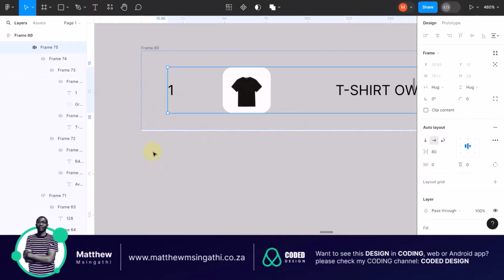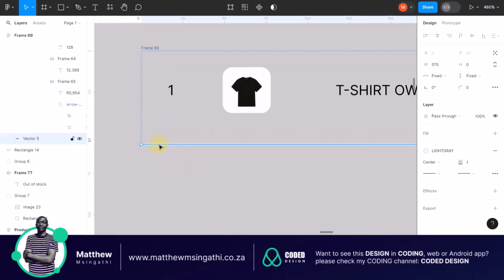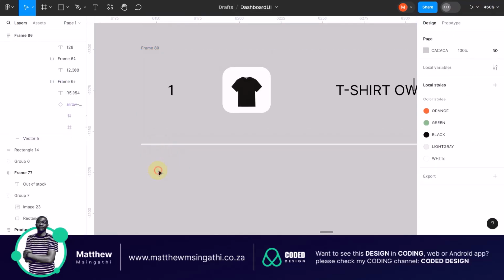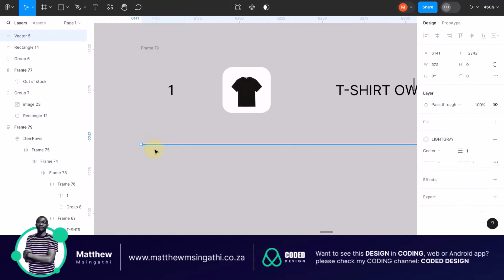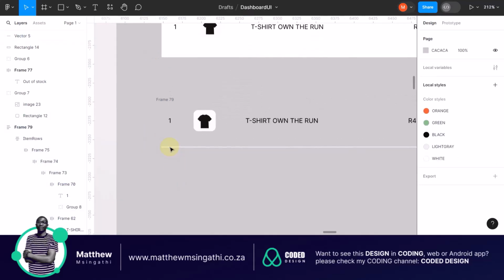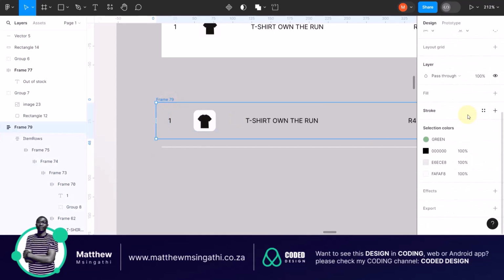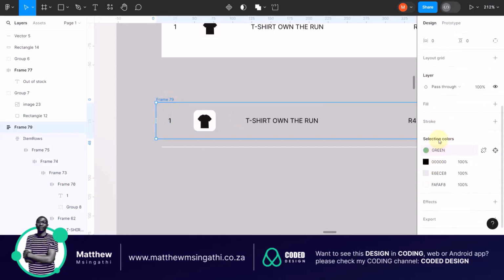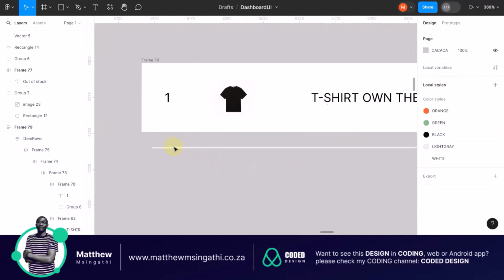Undo. Okay, undo. I want this to be a separate component. Here is the mistake that I did. Let me give this a background. Okay, fill color, as you can see. So this